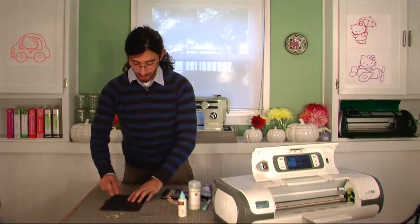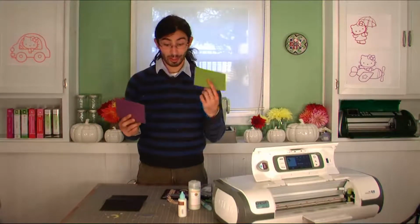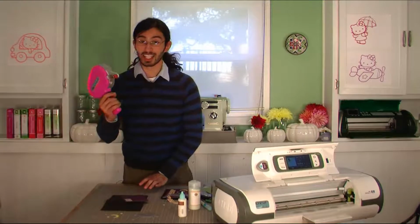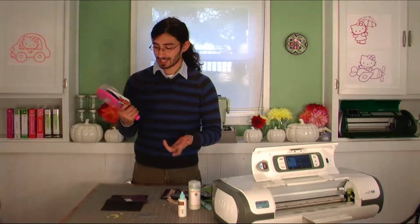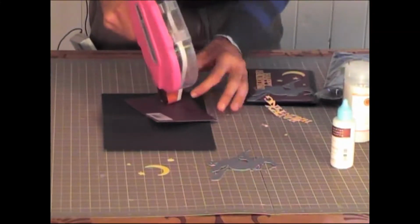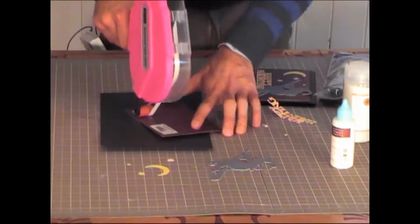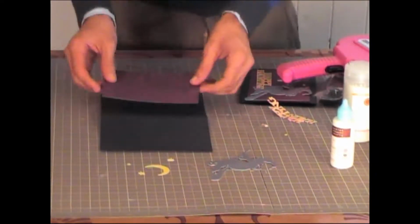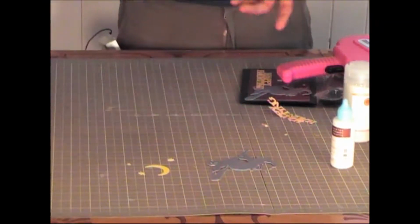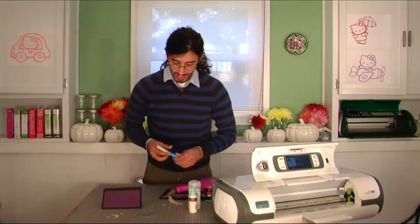So the next thing you do is take your card and you take a 6 by 4 inch piece of cardstock, and I thought purple would be nice, I thought green would be nice, but I really like the purple better. You can do green if you like, and I probably will make some green. And then the next thing you do is you can take an advanced tape glider, and this is a great tool from Scotch, and it applies adhesive right to whatever you're doing. And this is acid-free. You can get all-purpose adhesive as well, but acid-free is really nice, especially if you think somebody might keep the card. So you just apply that to one side, and you just take some glue